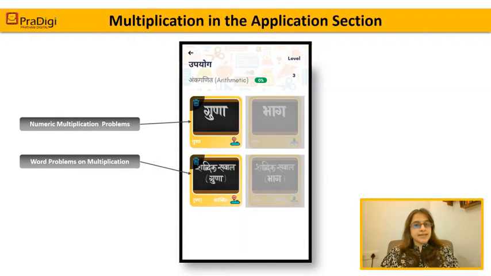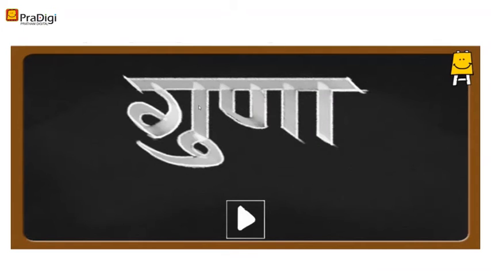Now that we have ended our explanation section, let us go on to understand how the children can apply and practice what they have learned in the explanation and vocabulary sections. This happens in the application section or the usage section of the app. For multiplication, you will see that there are 2 resources to practice what has been learned. The first focuses on numerical problems and the second focuses on word problems, that is, comprehending the question and applying calculation to get the answer. Let us begin